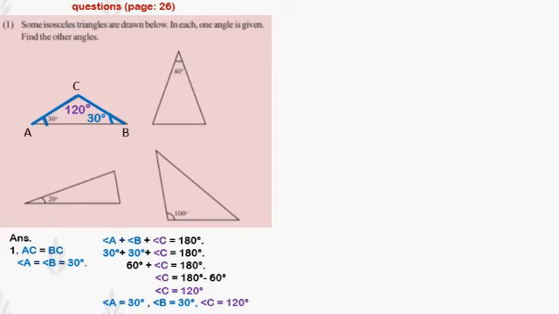See the second triangle. We can call it triangle PQR. Here base side is PQ and equal sides are PR and QR. So the angles opposite to these two sides are equal. That is angle P equal to angle Q. So we can write side PR equal to QR and angle P equal to angle Q. And angle R is given in the question. So we can write angle R equal to 40 degree. Now let us find the other two angles.